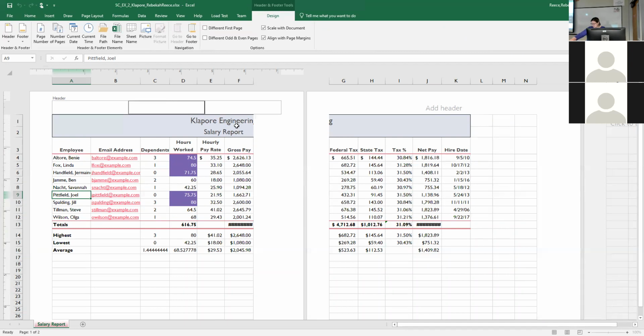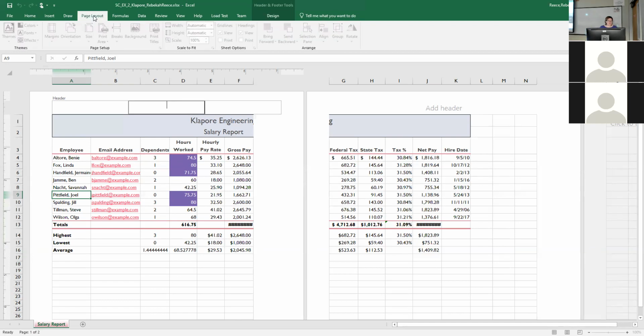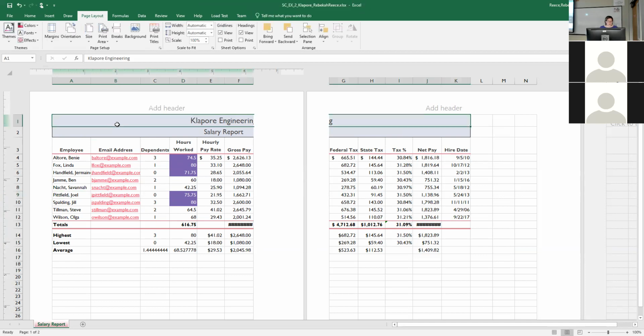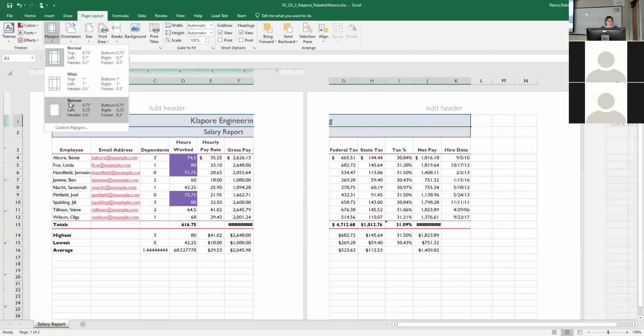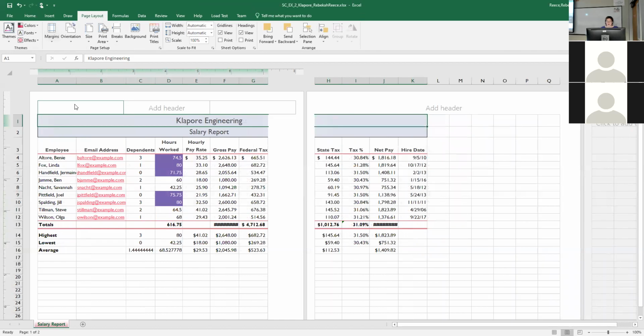Okay, they have you change your margins to narrow. So I got to go back to my page layout. Oops, I got to get out of my header. Here we go. Okay, in my page layout tab, I'm going to change my margins to narrow. And I'm going to type in my header. They have you type in the middle header section where it actually has the word add header. There are 2 other sections, so if you need to type on the left section or the right section,